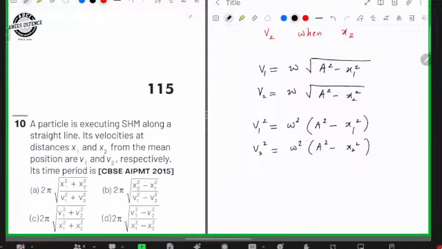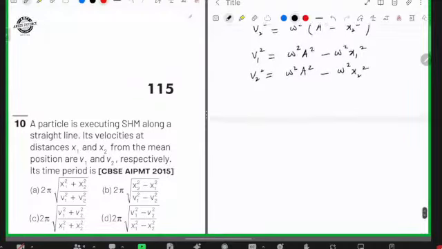And we have to make the omega alone, no? So let us take omega square inside the bracket. V1 square equals omega square a square minus omega square x1 square. V2 square will be equal to omega square a square minus omega square